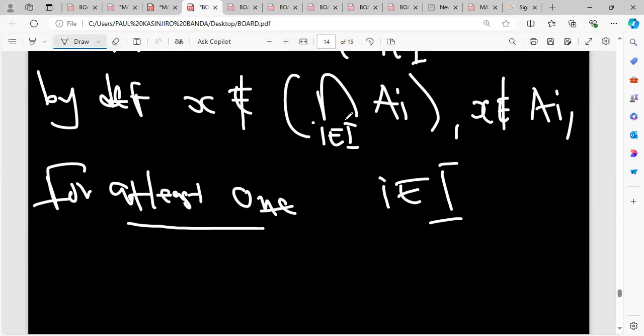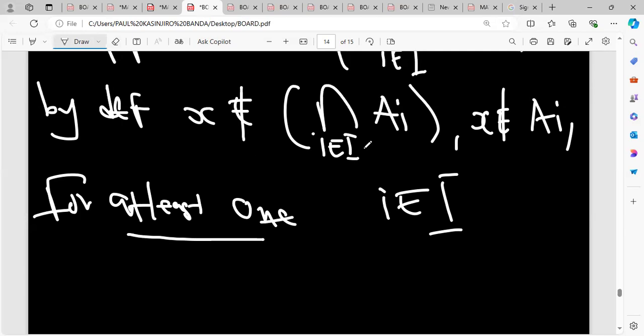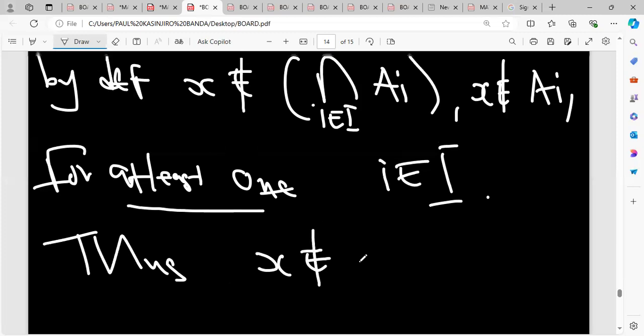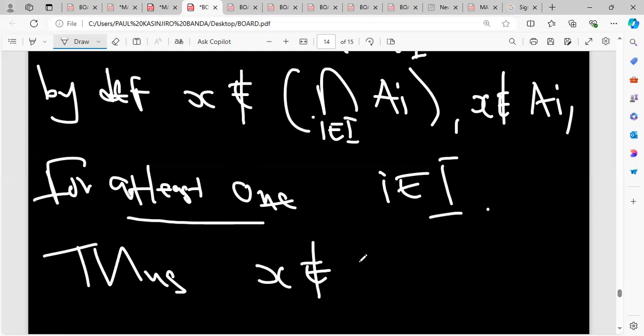So here we're saying if X is not a member of the intersection of the indexed family of sets, then X is not a member of this A_i for at least one i in I. This is what it means. Okay, so thus, or it follows, I don't know the English you want to use. We can use thus, X is not a member of